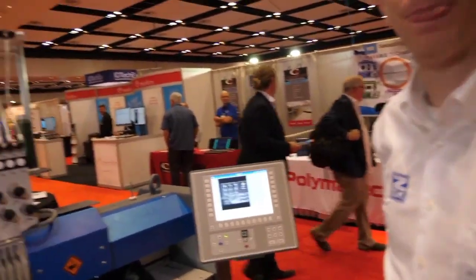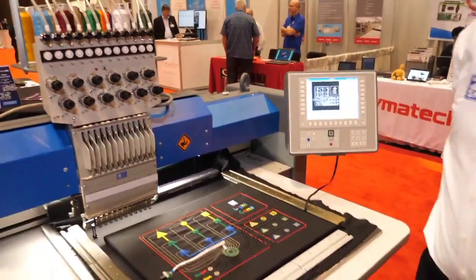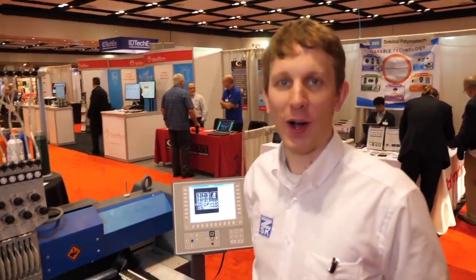So has NSK been doing these kinds of machines for a long time? So we've been doing traditional embroidery machines with CSK for quite a while. Now it's probably in the last 10 years that we're starting to really